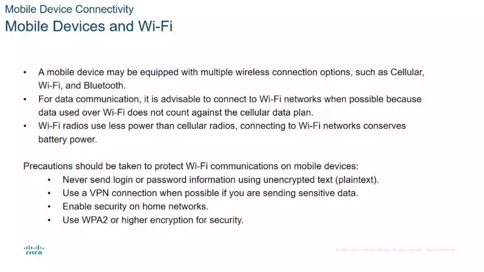Precautions should be taken to protect Wi-Fi communication on mobile devices. Never send login or password information using unencrypted text or without authentication. Use a VPN connection when possible if you are sending sensitive data. Enable security on home networks. Use WPA2 or higher encryption for security. For example, when setting up your password on your Wi-Fi hotspot, you see the option for WPA or WPA2 for